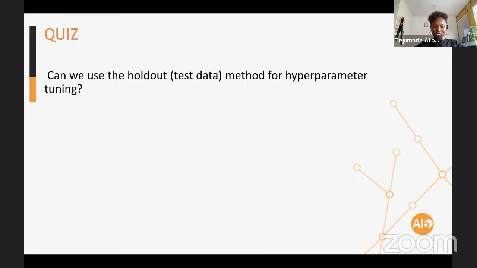And you can do that multiple times. But the problem with using test data to do that is that you can now start changing your hyperparameters, which is usually what you do because you're trying to make it better. And you can no longer use this test data to compute the generalization loss, because then you'll be overly optimistic about the results.